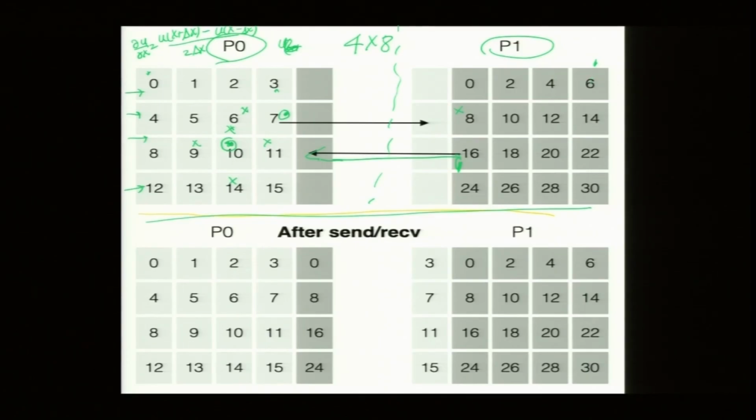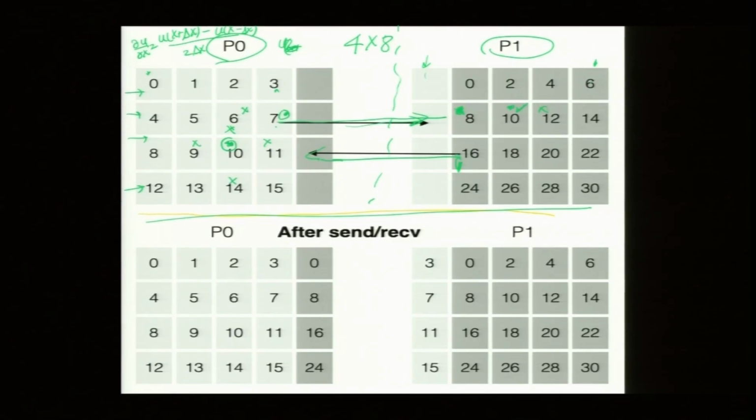Now, for processor P1, if I want to compute the derivative here, no problem, I have left and right, top and bottom, but if I want to compute the derivative here, then I have a problem. I have the right element, but not the element on the left. So, I need this data to be transferred to P1. This also needs an extra column. So, that will also be 5 columns, 4 rows, all right.